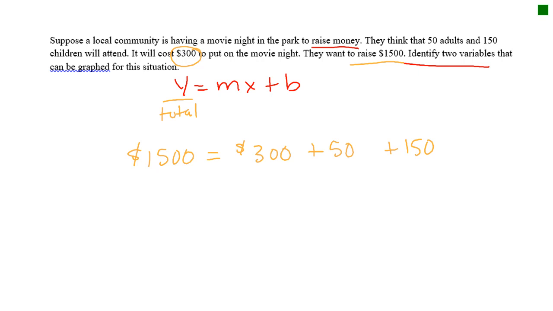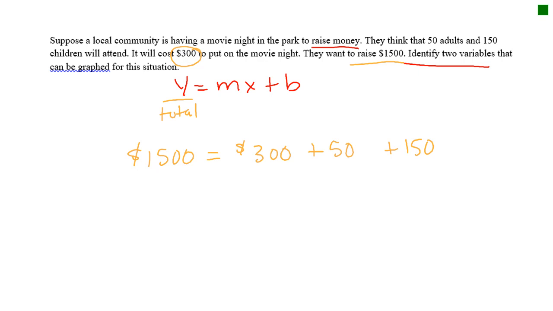But I keep saying there's no equation if we have no variables. So far, I have no variables in this equation, so I cannot even say that this is an equation. I need my variables. Well, since they are raising money, I need to know something about those adults and children